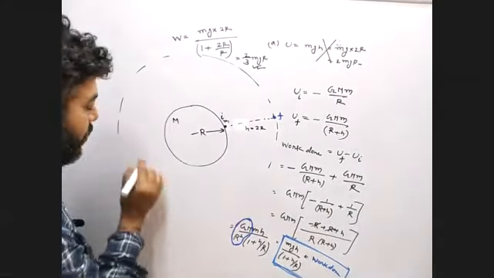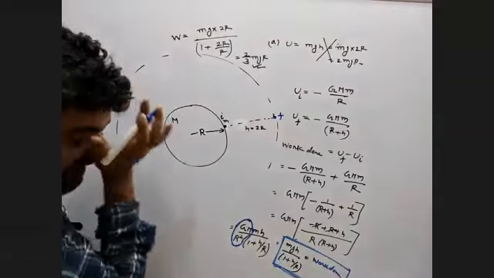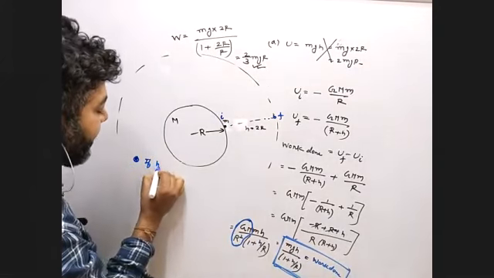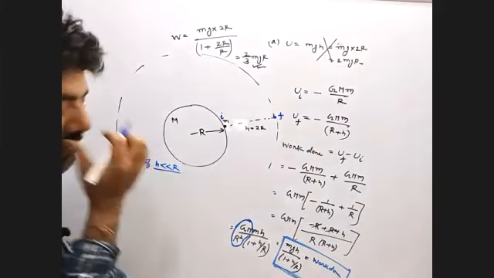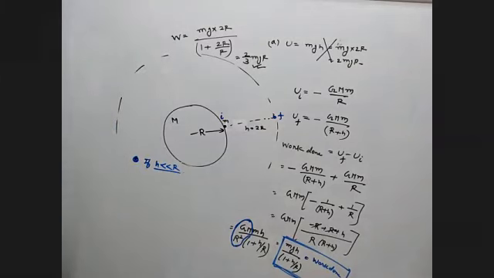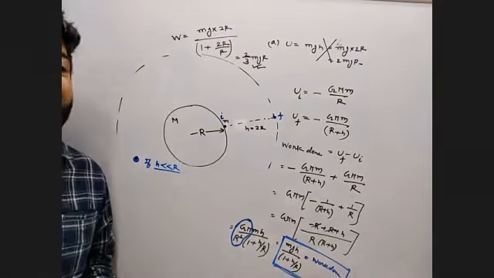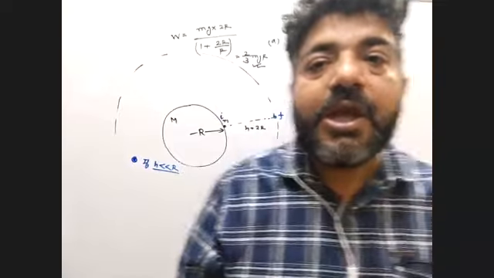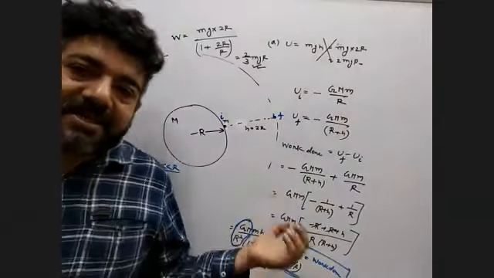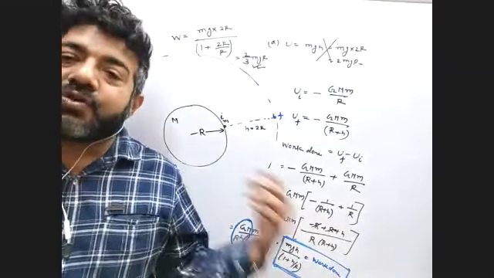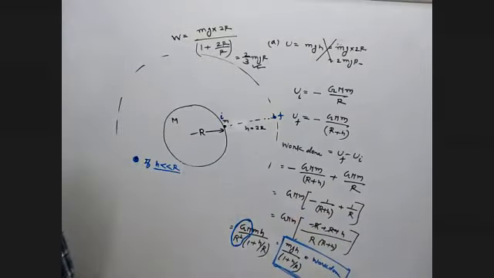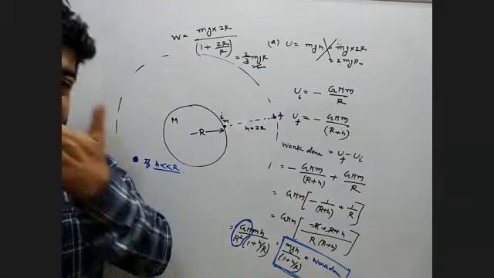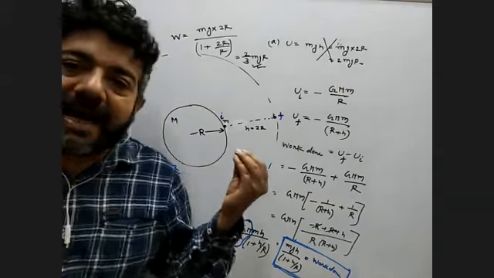Now see why you get this one, because this is a general case. What happens if H is very less than R? What do you mean by very less than R? That means very near to the surface of Earth. In work power energy, remember one thing, your height is 5 meter, 10 meter, 50 meter, 100 meter, 200 meter, 500 meter. Are you getting my point? From the surface of Earth, and with respect to the radius of Earth, which is 6400 kilometer, that height is negligible.